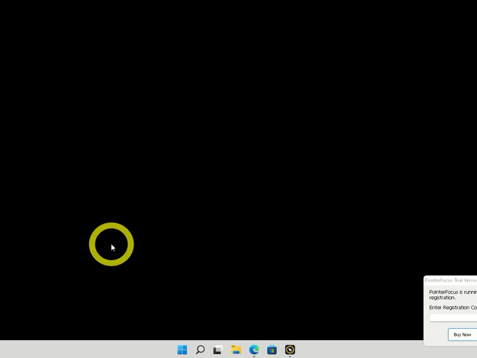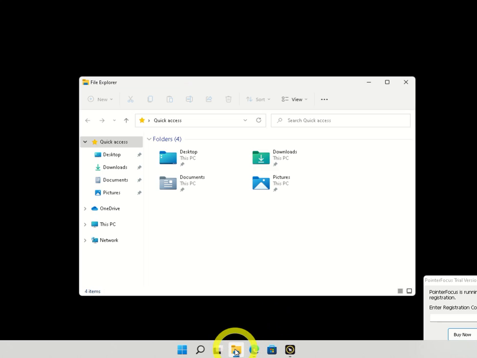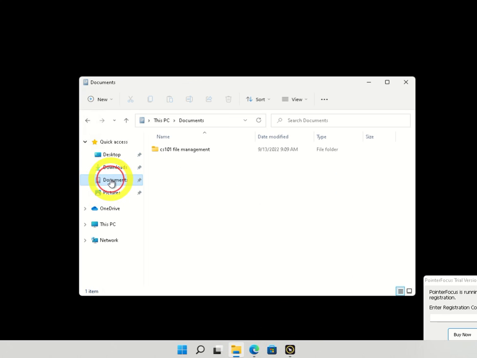Okay, I'm going to do the access file creation inside of a folder. I'm on a PC running Windows 11. I'm going to bring up the Windows Explorer, go to my documents. See, I already have a folder named cs101 file management, but I'm going to create that just for good practice here. I'm going to do new folder and call it